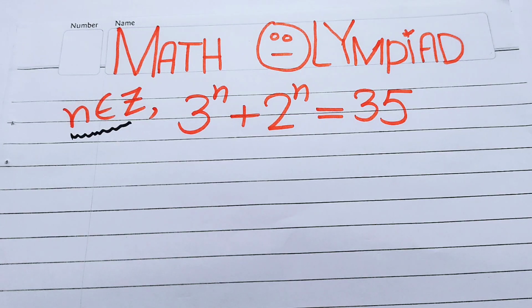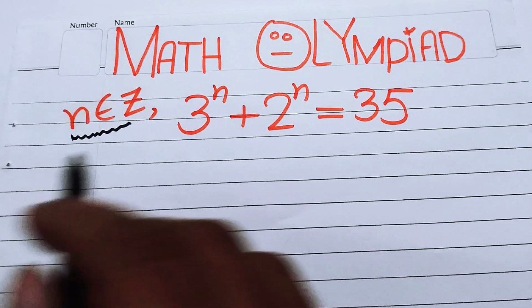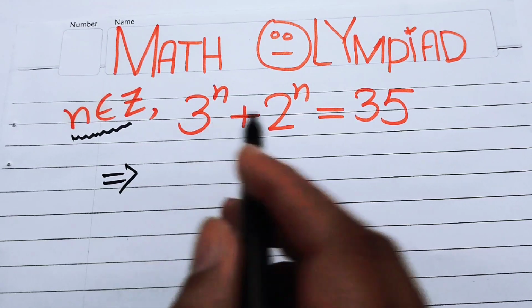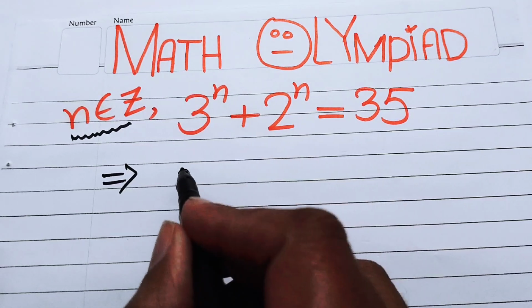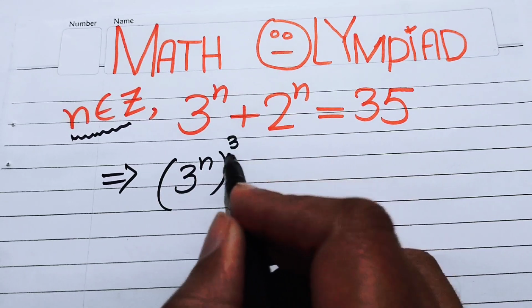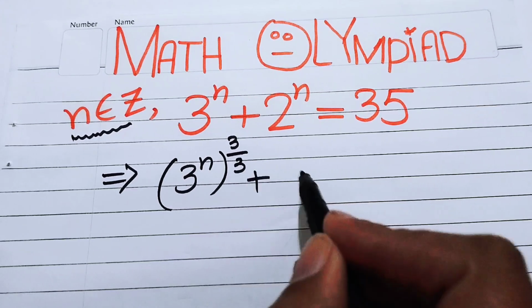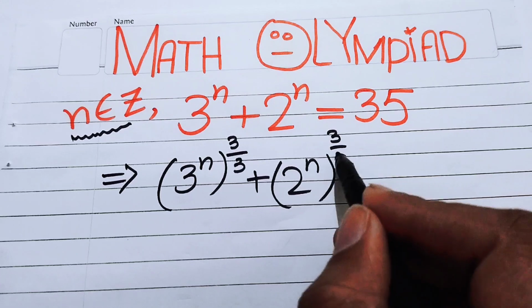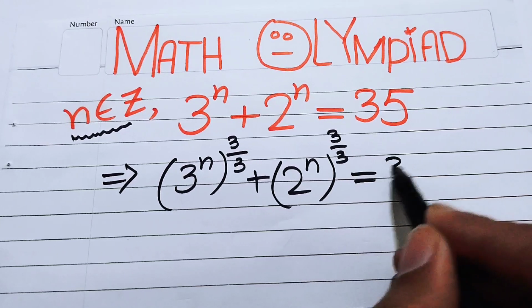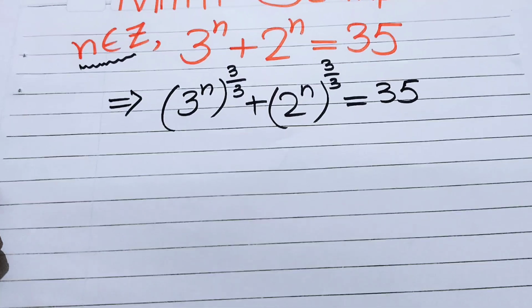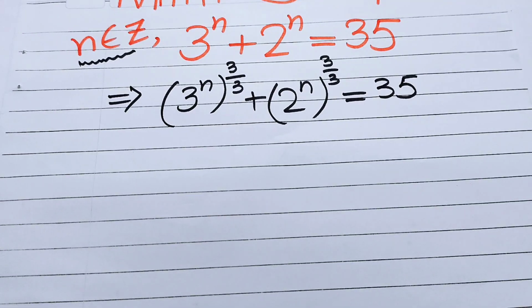So the very first thing we are going to do is multiply and divide the exponent of both of the terms by 3, and we will obtain 3 to the power of n, and its whole power 3 over 3, plus 2 to the power of n, and its whole power 3 over 3, equals 35. And in the next step we will use the nice exponential law, and according to this